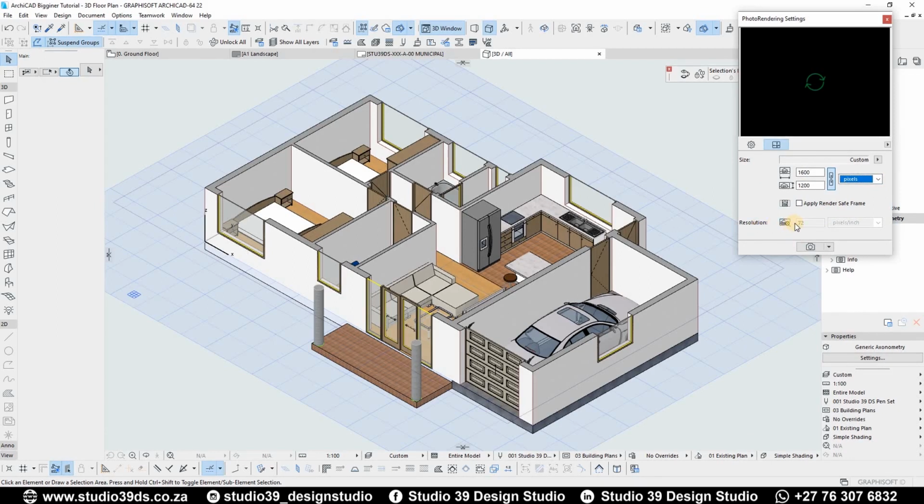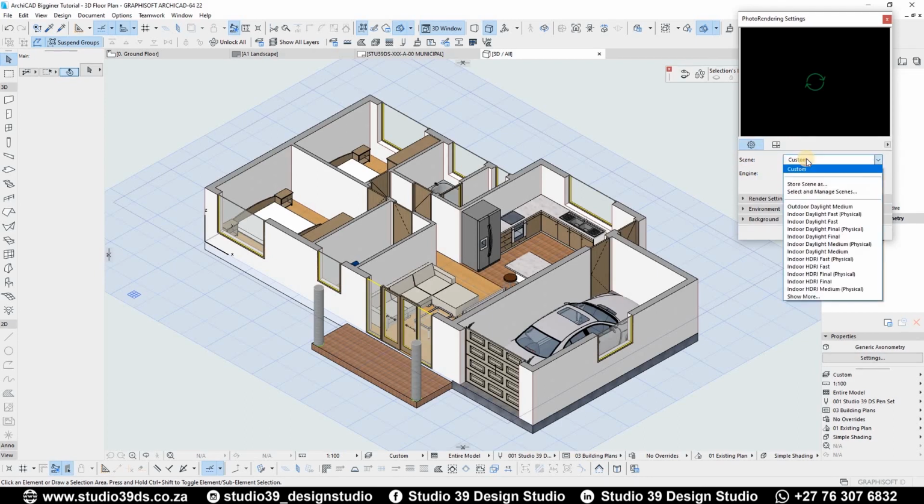Unless it's not pixels, then you are going to be able to manipulate the resolution, of which I'm not really worried about right now. And then under settings, you have your scene. You can choose one of the scenes right here. There's more scenes. You can even create your own custom scene, which is basically what we're pretty much creating right now. So I'm leaving it up to you guys to go ahead and check